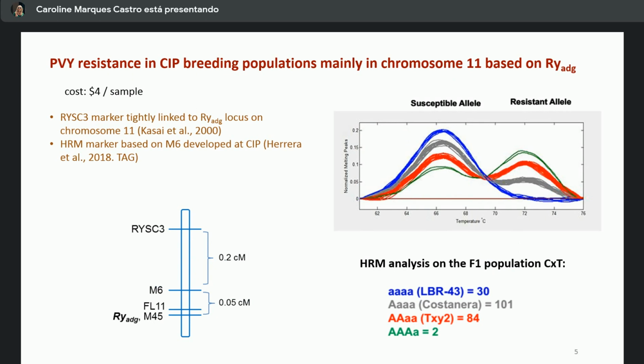We also knew quite a lot about the PVY resistance in our breeding populations, that it was mainly based on chromosome 11, and on the RY and DGENA gene. And so we had already developed or used markers that other people had developed in a gel-based assay, so this